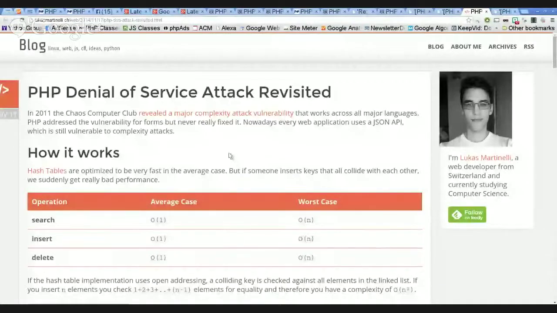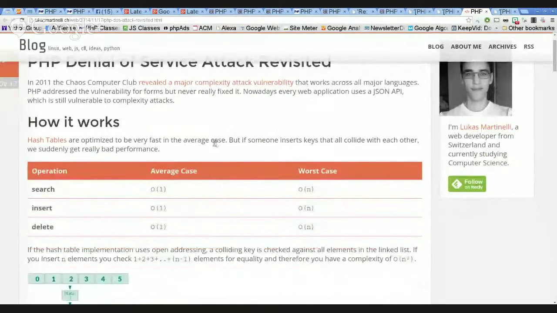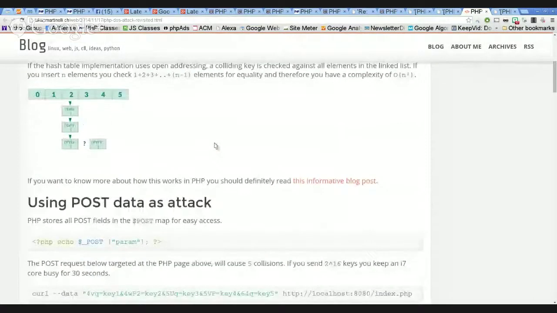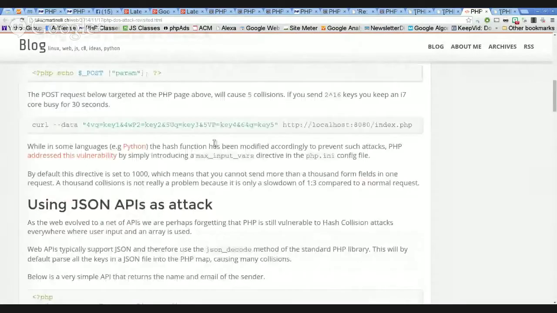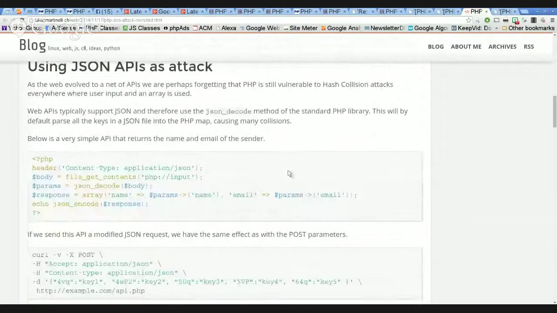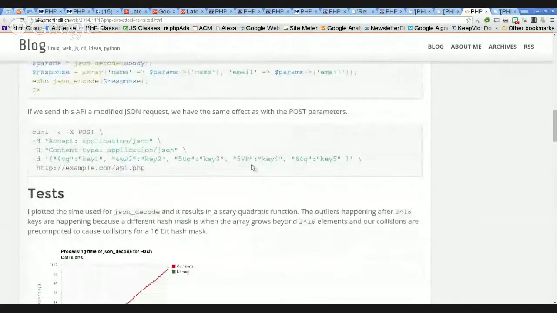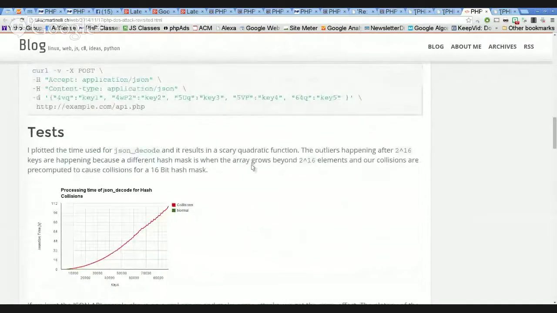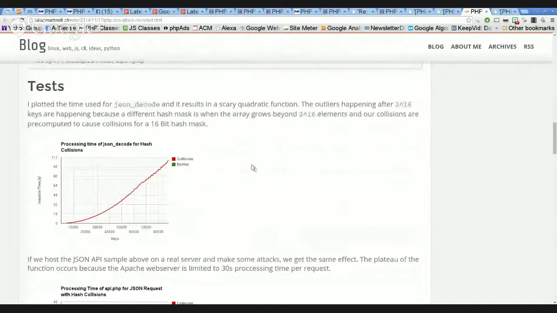Well, this is about a PHP denial of service attack implemented at the level of JSON data structures. JSON is nowadays being used by many web services to take requests. And in this article here, it mentions that if you have a JSON object,